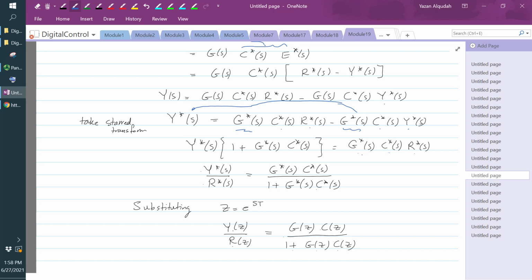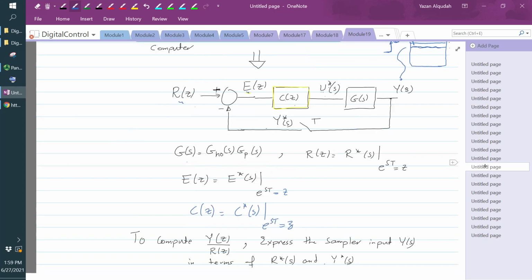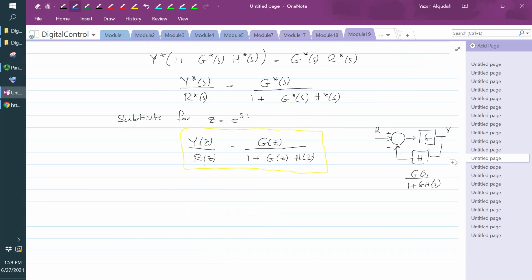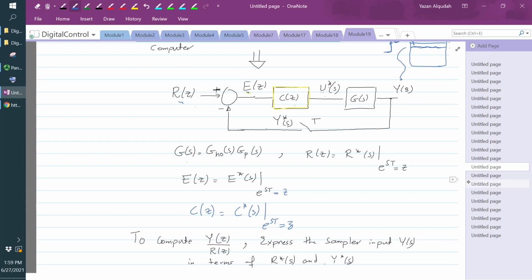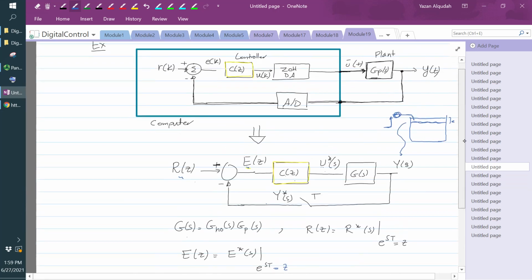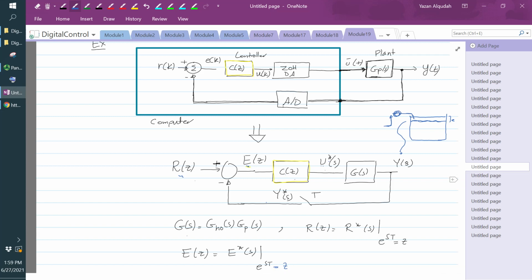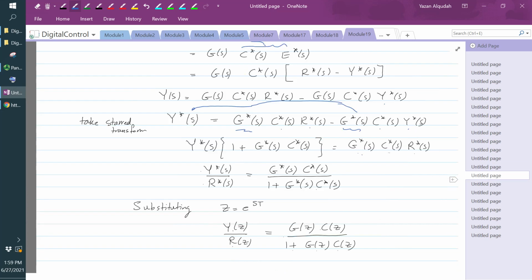So therefore, this is the closed loop expression for this system here between the output Y and the input R. Y over R is G multiplied by C over 1 plus G multiplied by C. Okay. Let's look at